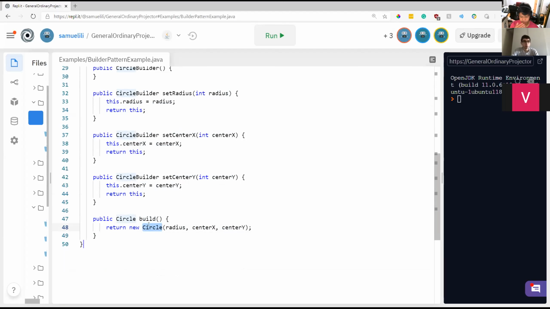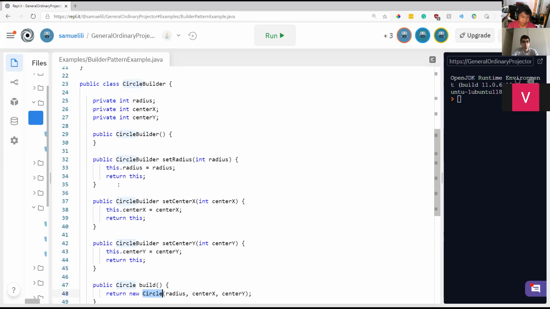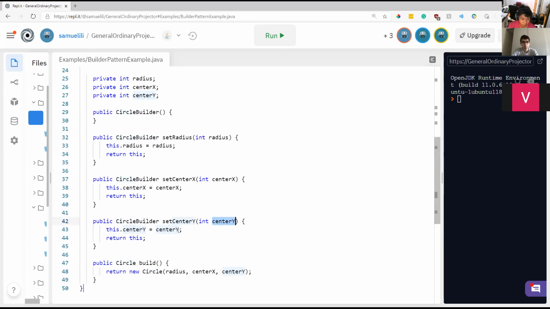It builds a circle, essentially. And right now, we're not really doing anything with the arguments. It's pretty much just a glorified constructor. But say, for example, in set radius, you want to take in diameter instead, and then divide by 2. So now you've made it so you can actually do some sort of process and then create a